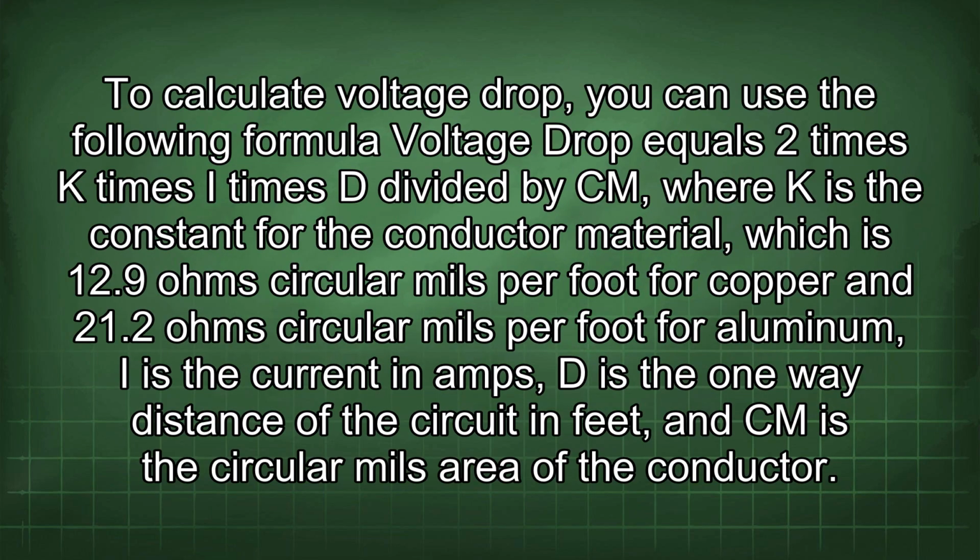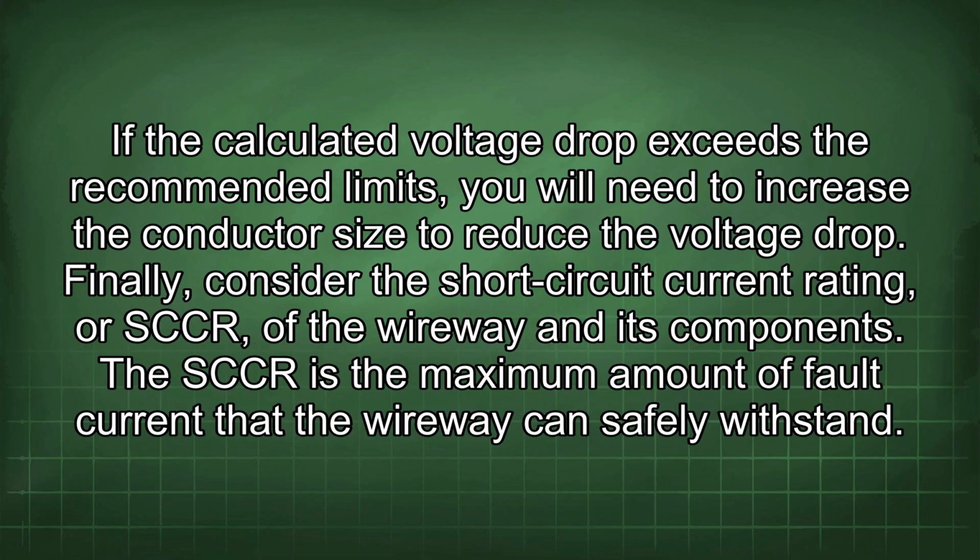To calculate voltage drop, you can use the following formula: voltage drop equals 2 times K times I times D divided by Cm, where K is the constant for the conductor material, which is 12.9 ohms circular mils per foot for copper and 21.2 ohms circular mils per foot for aluminum. I is the current in amps, D is the one-way distance of the circuit in feet, and Cm is the circular mils area of the conductor. If the calculated voltage drop exceeds the recommended limits, you will need to increase the conductor size to reduce the